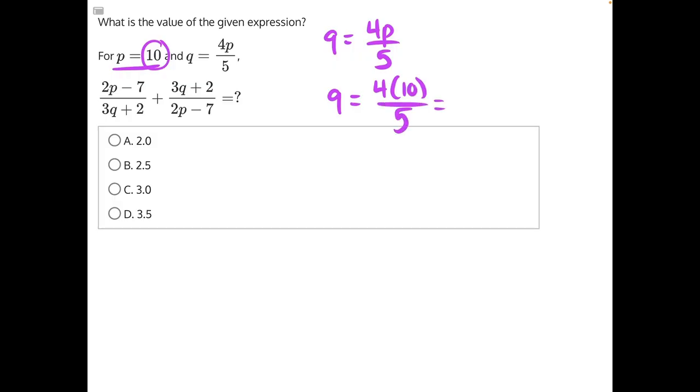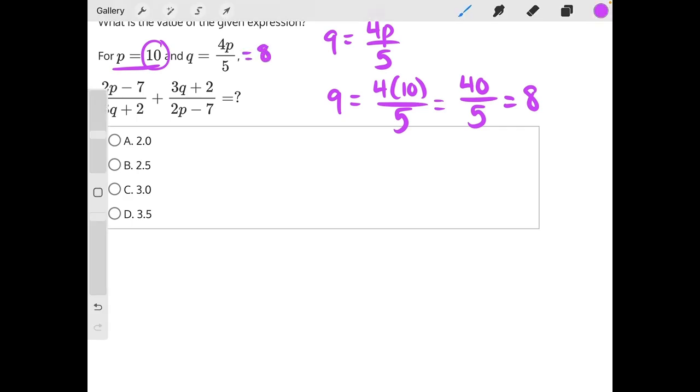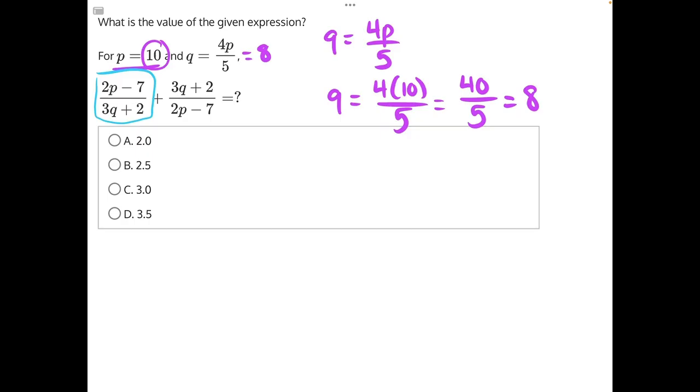4 times 10 in our numerator will give us 40 over 5, and then 40 divided by 5 will give us 8, making q equal to 8. Now it's much easier for us to substitute in both of these values, so let's do that now. Starting with this fraction, we have 2 times p, which is 10, minus 7, over 3q, which is 8, plus